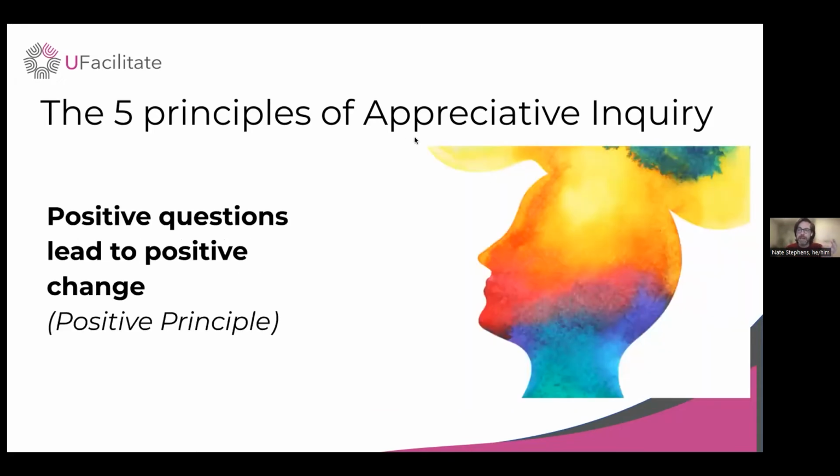So the last one, and I think this is kind of redundant at this point, is the positive principle, that positive questions lead to positive change. I think that's what Kate was alluding to when we think about the future and what's different there, that's telling us where we need to head, that the positive future is what do we need to do to build that future? That's the same line of questioning I use with collective impact initiatives to figure out,